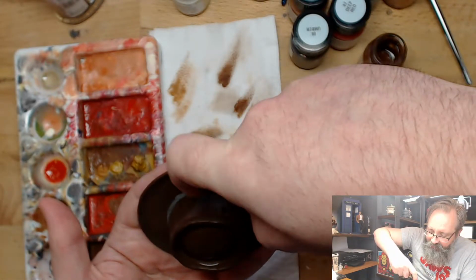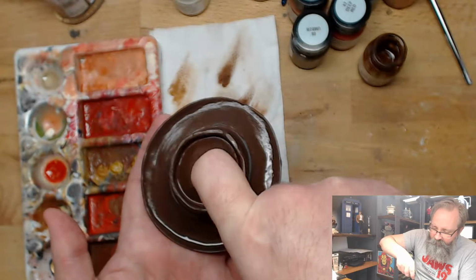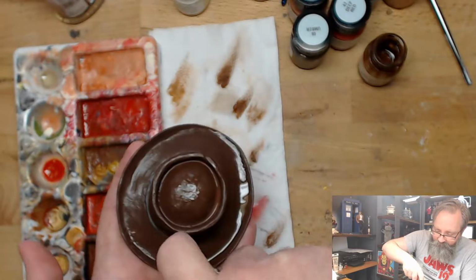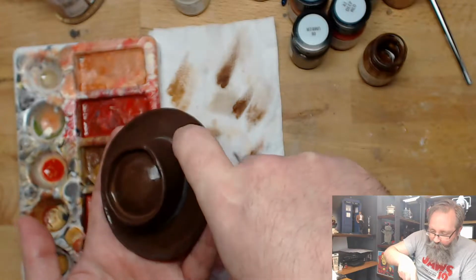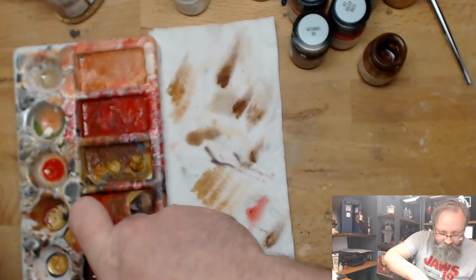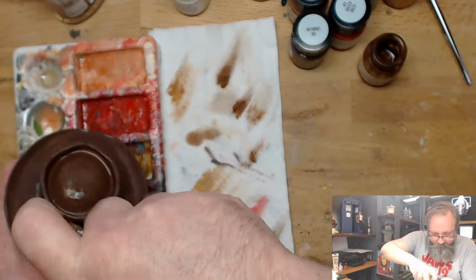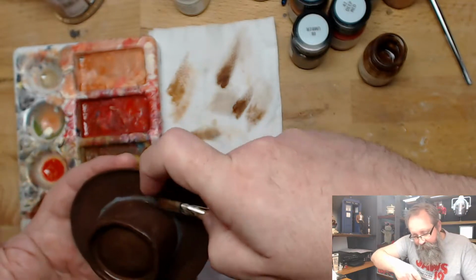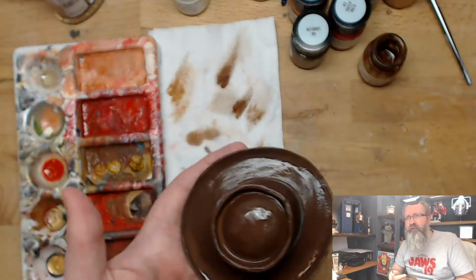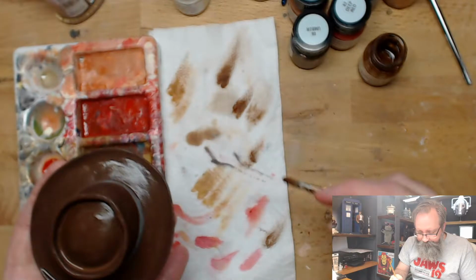But not in any way that I had to deliberately think about or come up with. It's always a case of trying to avoid the appearance that you've done something, you know, on purpose or deliberately. It's got to look random. And the way that things like fabric and suede and leather age is quite random. So I just want to chuck all this colour on, and it might be bits where something's been rubbed against the hat. It might just be bits where it's starting to wear out. It might just be bits where he's dropped it on the floor and picked it back up. But anything that's affected the fabric of the hat